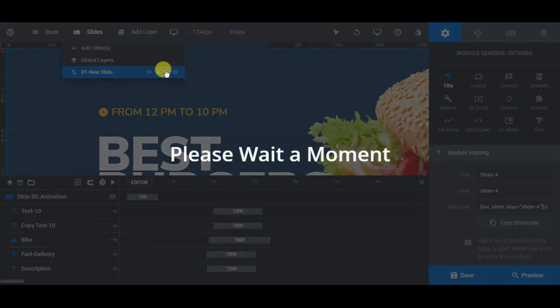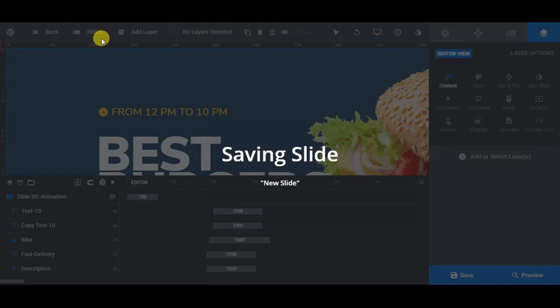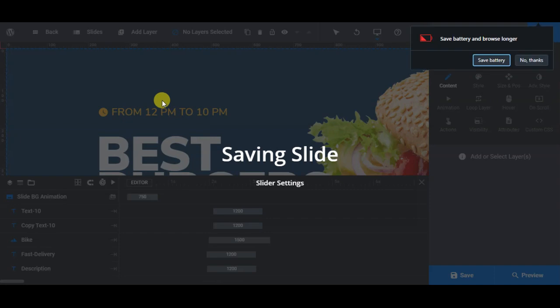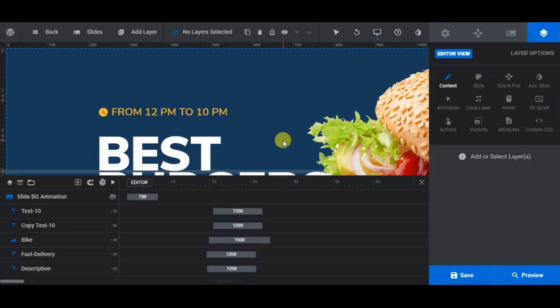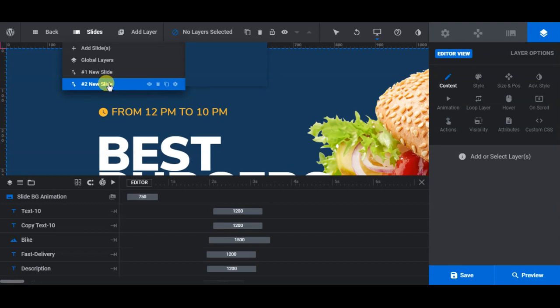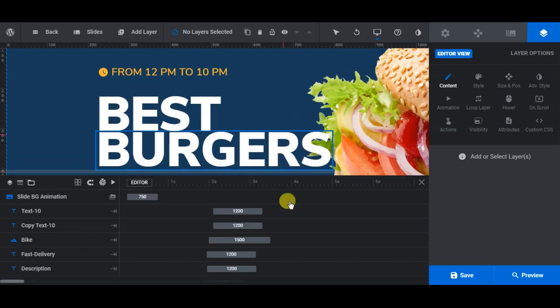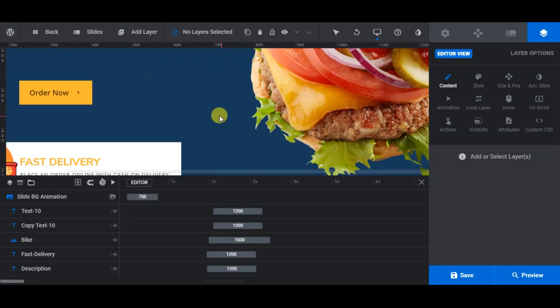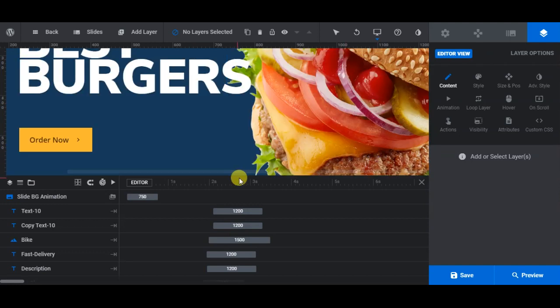give it a name, my second slide is now saved. You can see from here slide 2 is selected. All I need to do is just replace the image, replace the text, and then the second slide will be easily created. I'm going to change this image